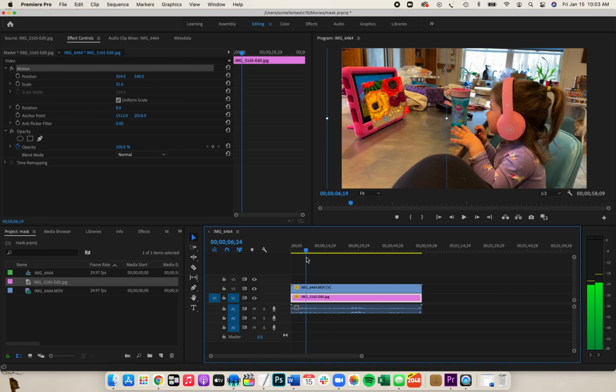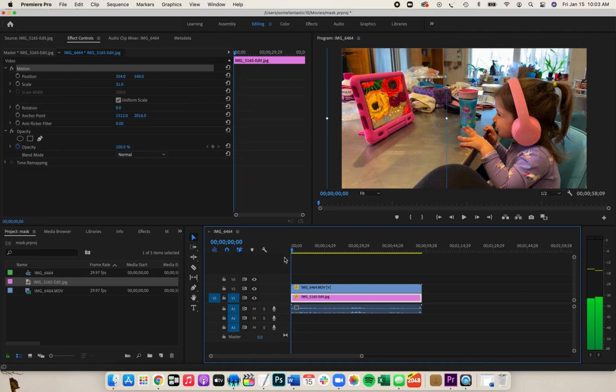Now, as I said, it's not moving with the movement of the video. There are certainly easier ways to move the mask. First is filming with a tripod, but if for some reason you didn't do that, or maybe you want to move the mask for other reasons, every single effect has these little stopwatches, which signify keyframes. And all a keyframe does is tell the computer you want the value of a specific effect to be one thing at one part of your video, and as we move along, you want it to change to a different